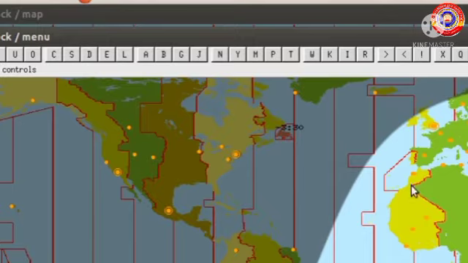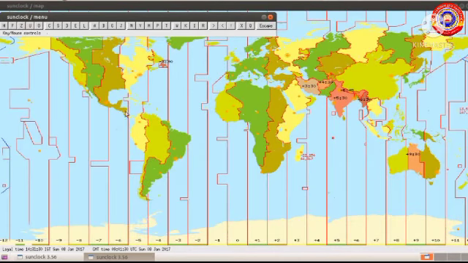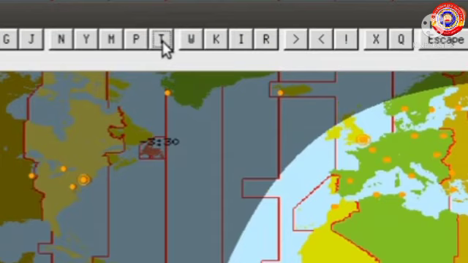We had already discussed the use of the Y button. Now, we will move to other buttons. N is used to separate day and night. See the changes when I am clicking this button. Okay, when we click the button again, the separation will be seen. Clear? Next, the T button. It is used to display or hide the main latitudes.